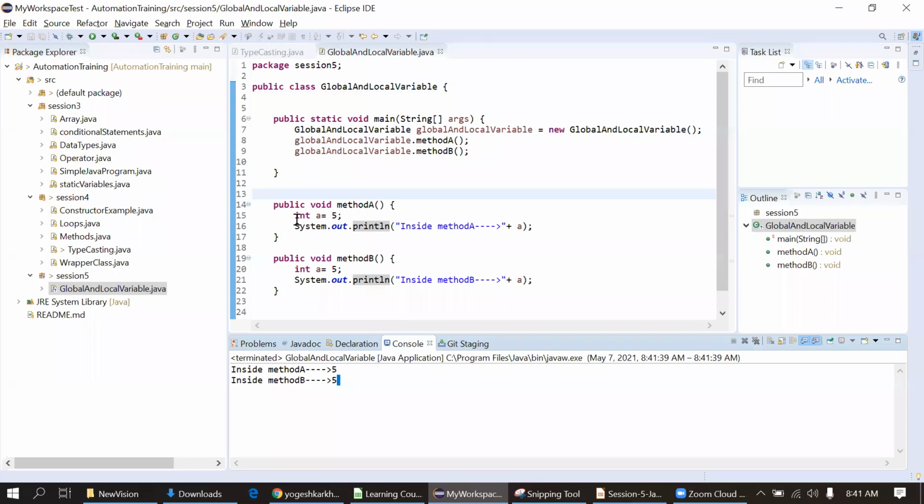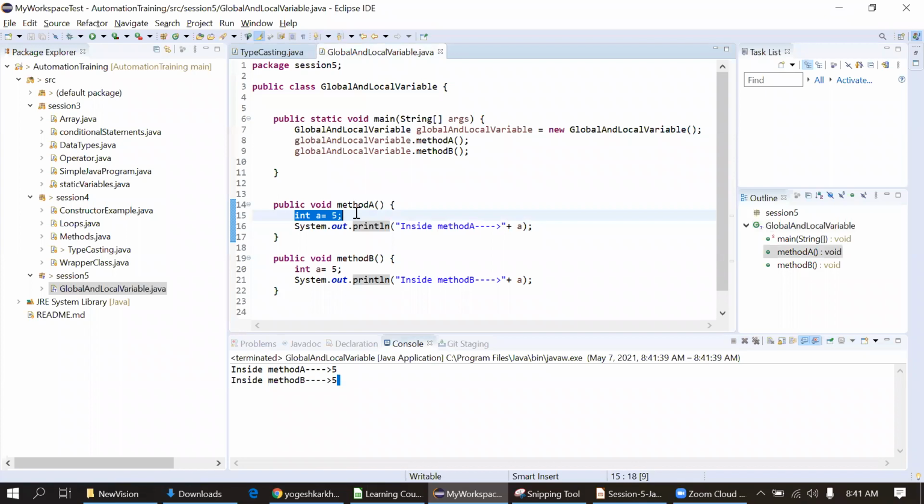But if we are using the same variable in two methods with the same value, there is no use in defining it in each and every method. So there is one alternative. I will just comment this out, and I will simply copy this variable and keep it outside the method and inside the class.